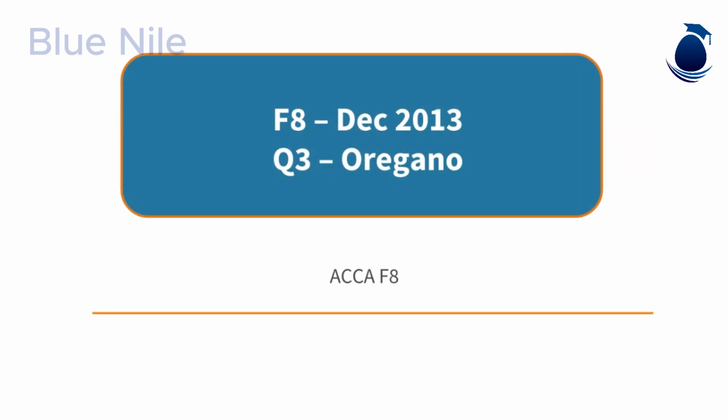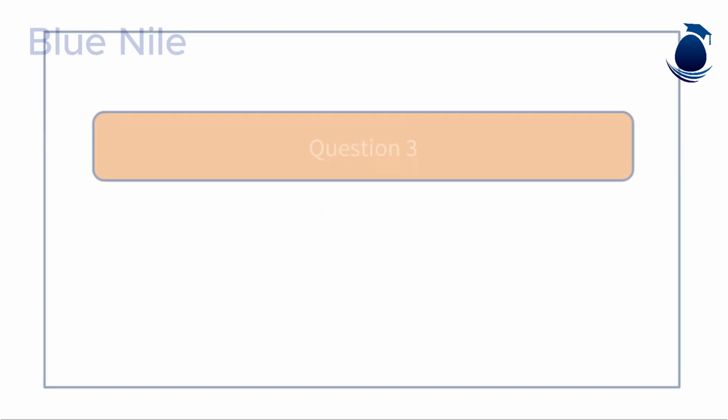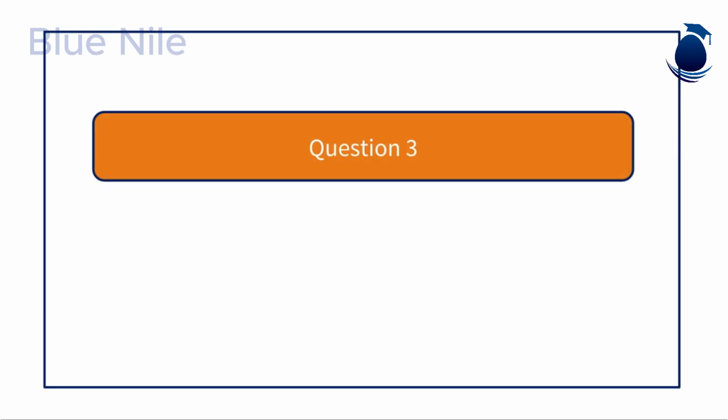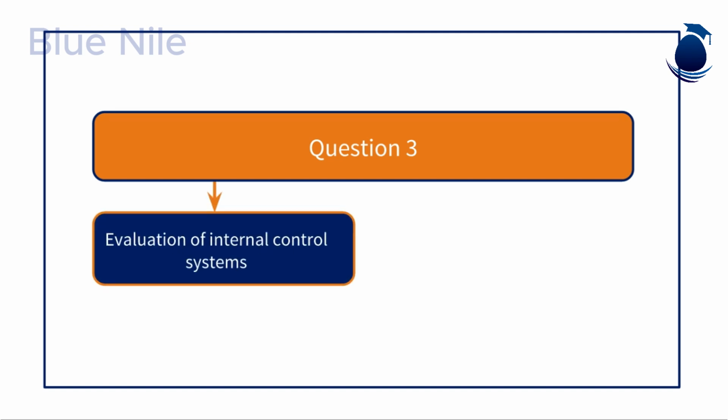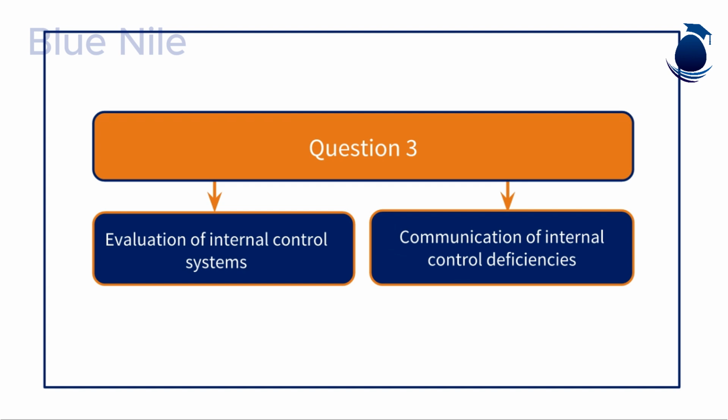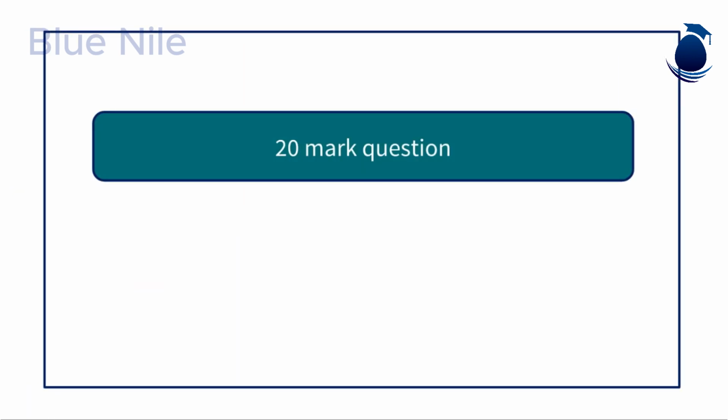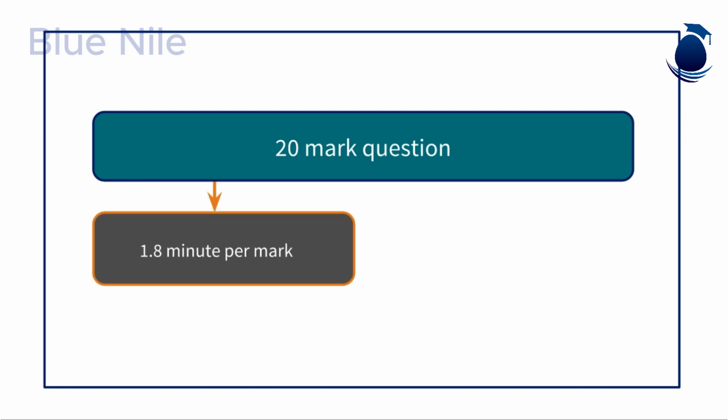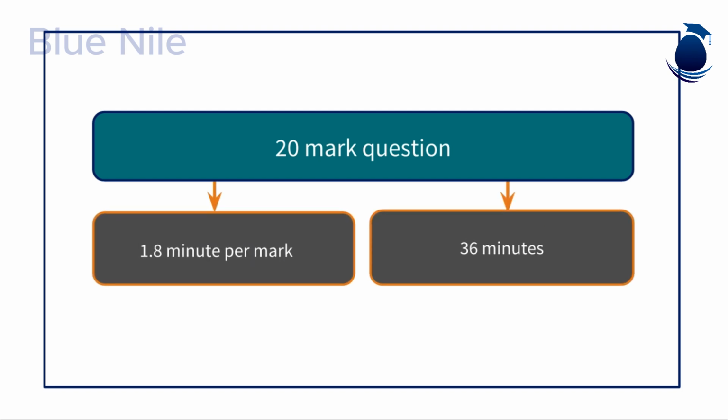We are going to look at a question from the December 2013 exam called Oregano. This is question 3 in the exam and covers the following syllabus areas: evaluation of internal control systems and communication of internal control deficiencies. This is a 20-mark question. Please remember you have 1.8 minutes for every mark, and so no more than 36 minutes should be spent answering